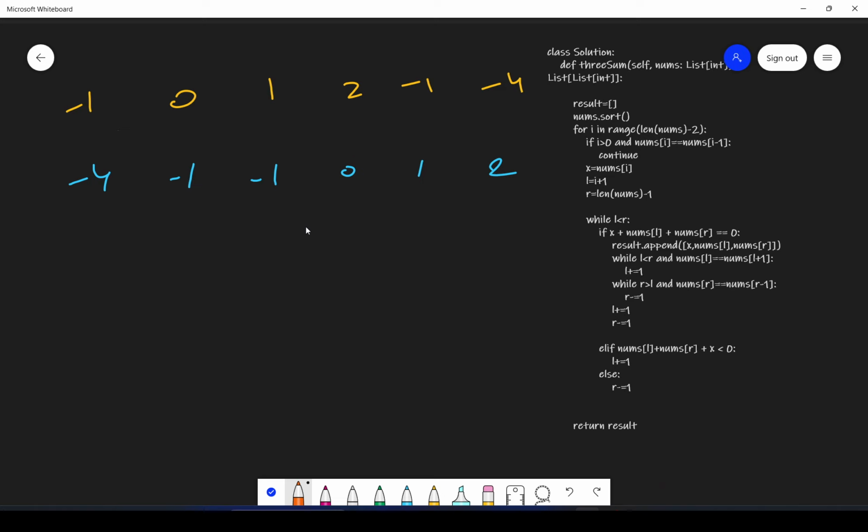Then after that, just ignore this part for now. I will tell you what this means. For now, I want you to ignore these parts which I have highlighted in orange. Now I'll erase this.